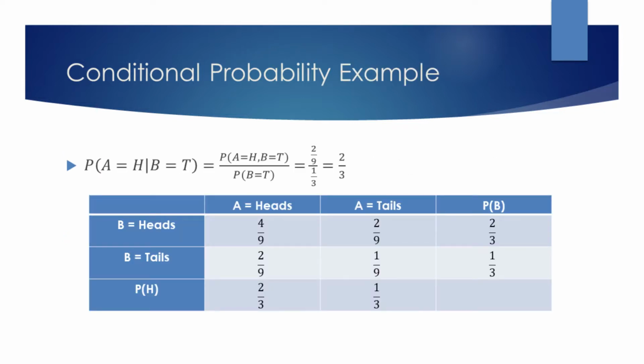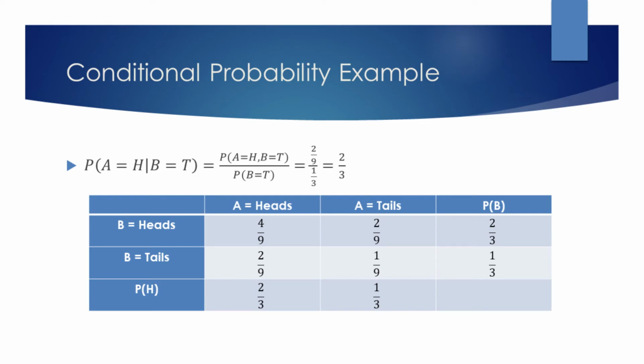The table on this slide gives us the joint and marginal probabilities for two unfair coins, to either display heads or tails. Let's find the conditional probability for the coin A to display heads, given that B has already displayed tails. The joint probability for A to display heads, and for B to display tails, is 2/9. The probability for B to display tails is 1/3. Dividing these values, we find that the probability for A to display heads, given that B has already displayed tails,